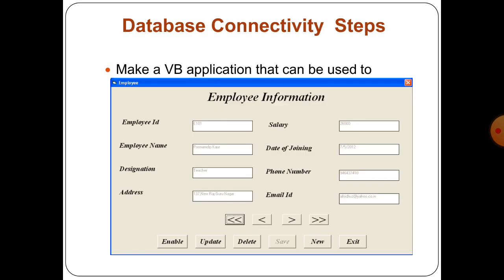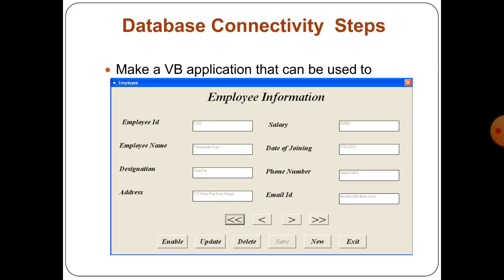So what are the steps for this database connectivity? I'm having one simple VB application. Here we have taken employee ID, and employee name is another field. We are having designation, address, salary, date of joining, phone number, and the email ID.